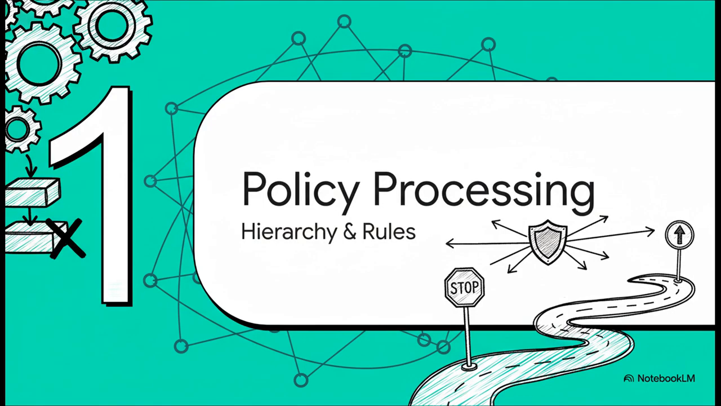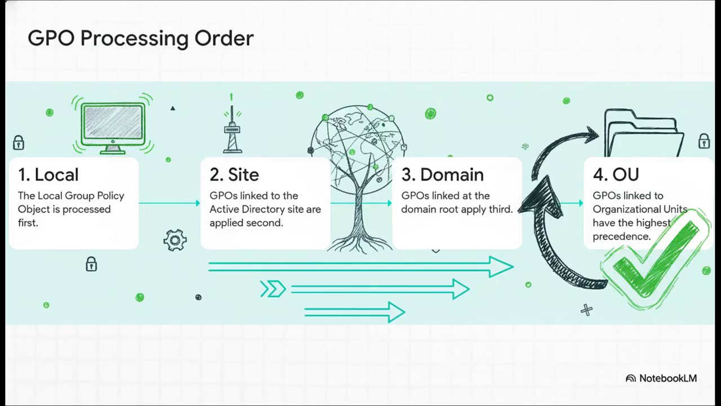First up, the absolute foundation of everything, policy processing and hierarchy. Seriously, if you don't get the rules of the road, how policies get applied and who wins in a conflict, then nothing else is going to make sense. Okay, so here's the sequence of operations for group policy. It always follows this order: local, site, domain, and then organizational unit. We call it LSDOU for short. It kicks off with the local computer's policy and then works its way up the chain. But here's the crucial part. The last policy applied is the one that wins. That means the GPO closest to the user or computer has the final say and will override any conflicting settings